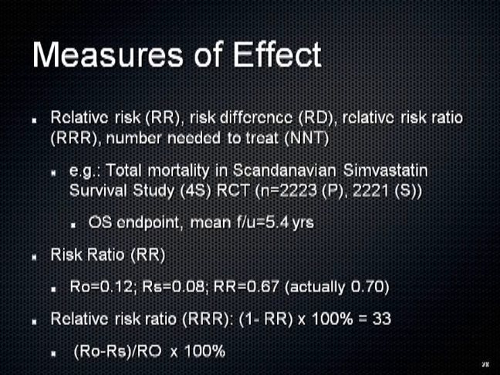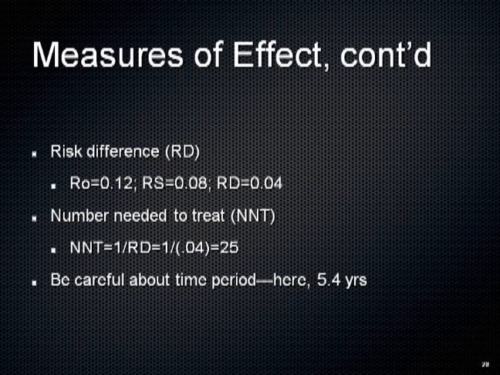If you look at the risk ratio, the risk R sub 0, the placebo, versus R simvastatin, the risk ratio was 0.67, actually, because of rounding. The number is closer to 0.7. So you've reduced the risk by 30%, correct? The relative risk reduction is 1 minus the relative risk, over 100%. Oops, I don't know if I have that right. Oh, I'm sorry, I have it wrong. The lower one is correct, but it gives you about a 30% relative risk reduction.